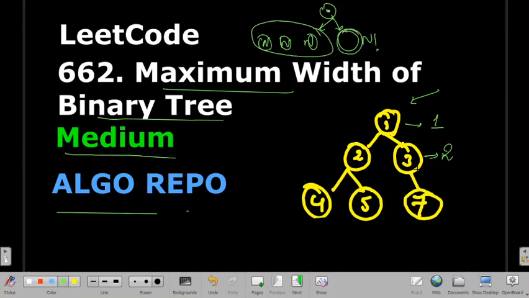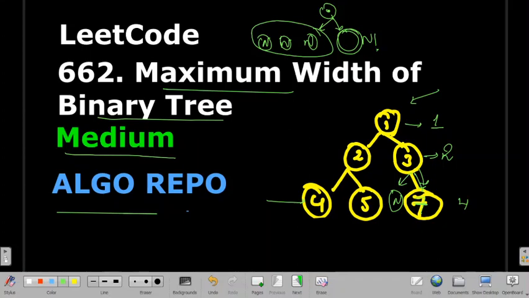So here we see that our right node has a valid number, so it is not null, and for this node we have left node equals to null, still we will count this node also. So in this level we will have width equals to 4 because the right node is not null.